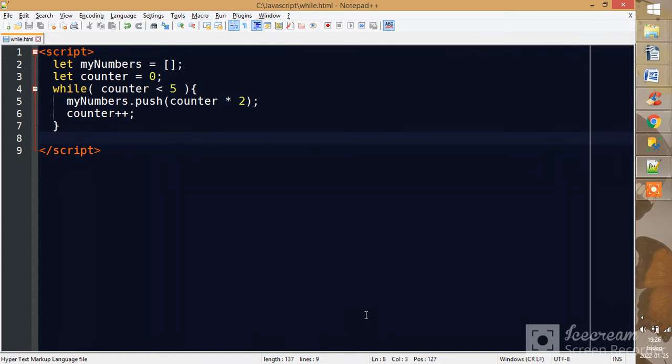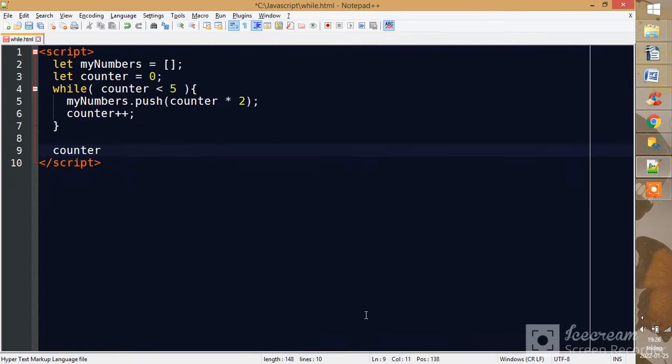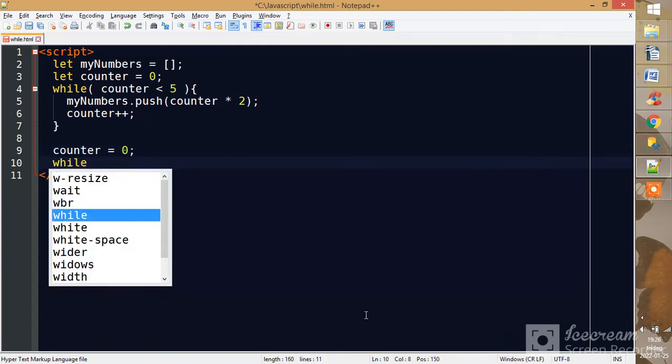Now we will create a new loop so that we can print the values from the array. And we will use the counter variable again, but we have to reset it to 0 because now it has the value 5 since the last run, since the run of the first while loop. So now I will set the value of counter to 0, and I can create a new while loop